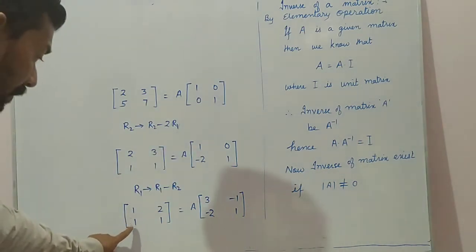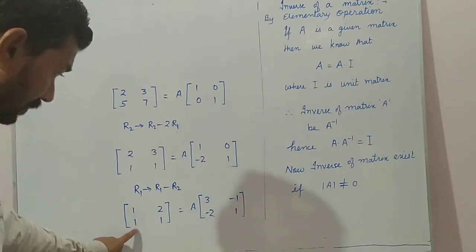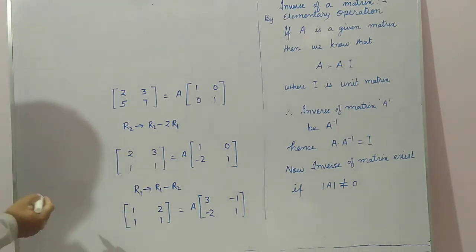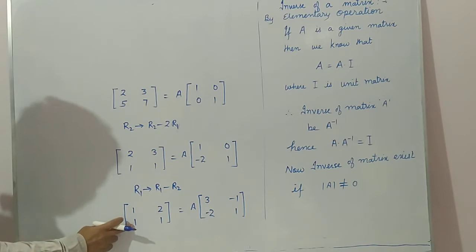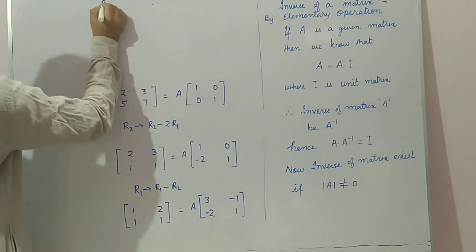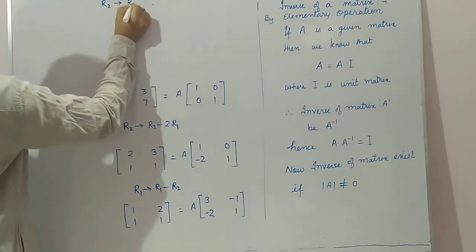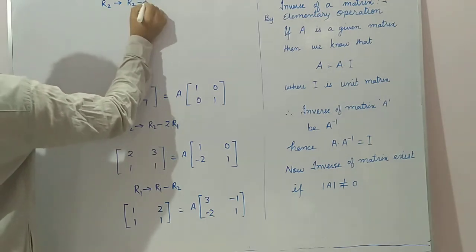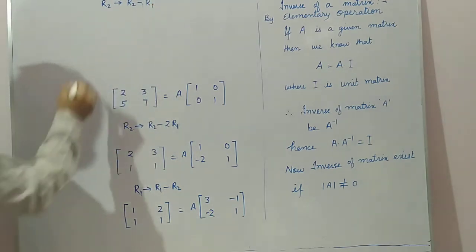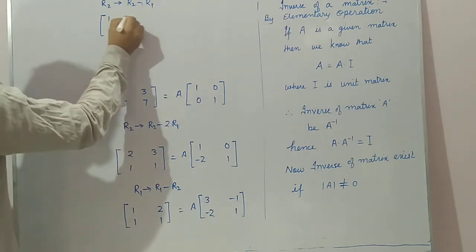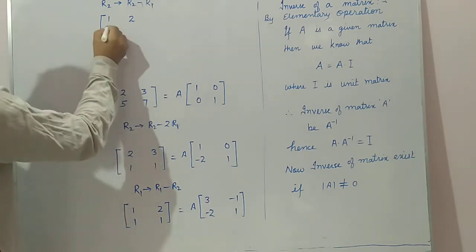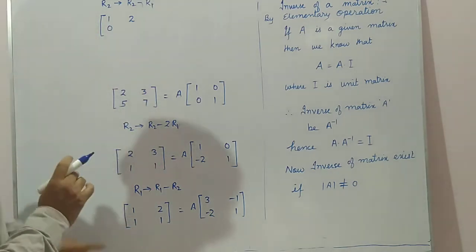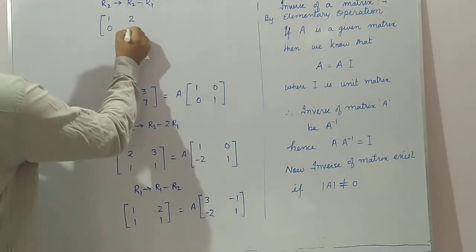Now our next step will be to bring 0 here. Remember, bring 0 here. Okay. So here, how you will bring 0 here? R2 changes to R2 minus R1, 1 minus 1, it will become 0. Yes. So R2 changes to R2 minus R1. So this is 1, 2. R2 minus R1 is what? 1 minus 1, 0. And 1 minus 2, that is minus 1,